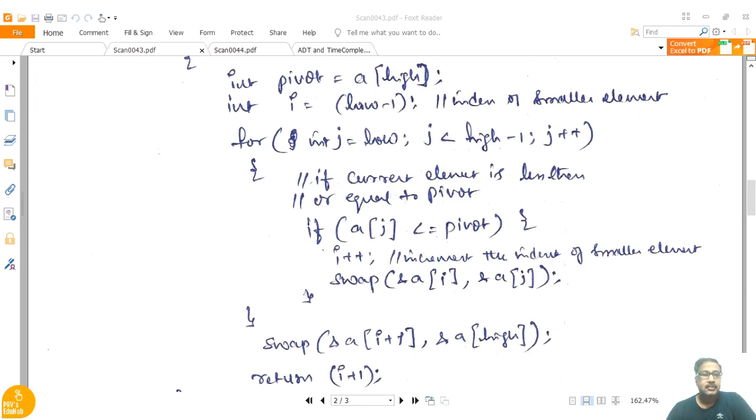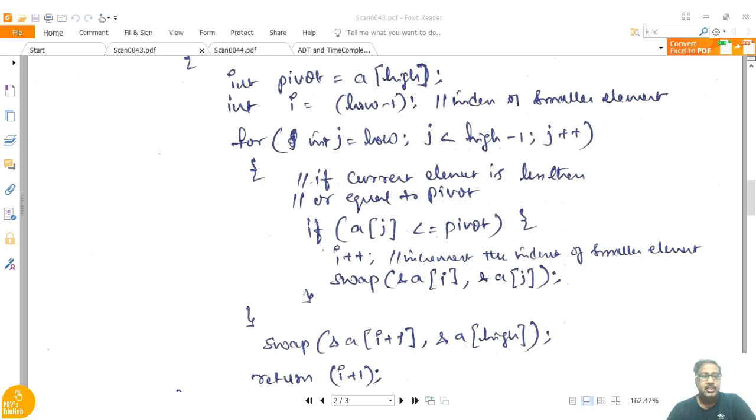That partition will be done here by choosing the pivot as the last element, and i is equal to low - 1. For j is equal to low, j less than or equal to high - 1, j plus plus. If a of j is less than pivot, or you may say here less than or equal to also, because sometimes we may get duplicate elements also. So a of j is less than or equal to pivot and i plus plus. If it is less than or equal to pivot, then just swap a of i with a of j. So like that, keep on doing till it reaches the high value.